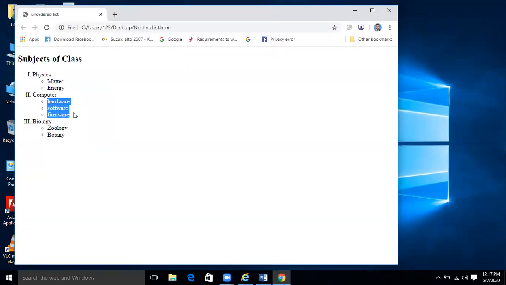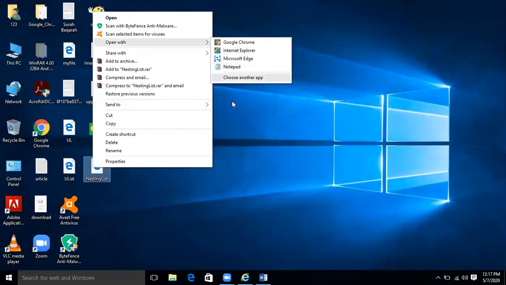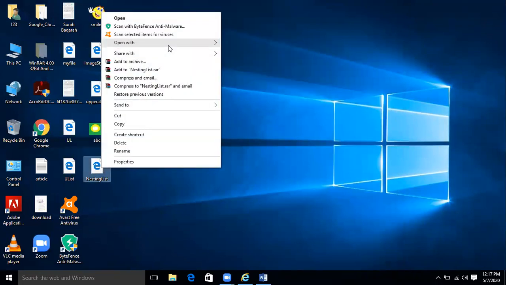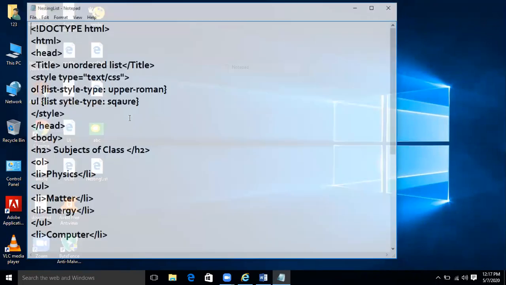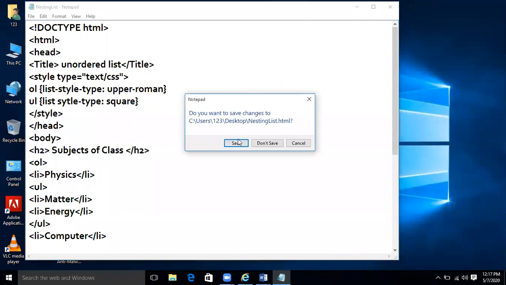Now there are 3 points in my list, but square is not applied over here. I think square is not applied. We should see this square. I think the spelling of square has a mistake. S-Q-U-A-R-E. Inshallah, now it will be applied.